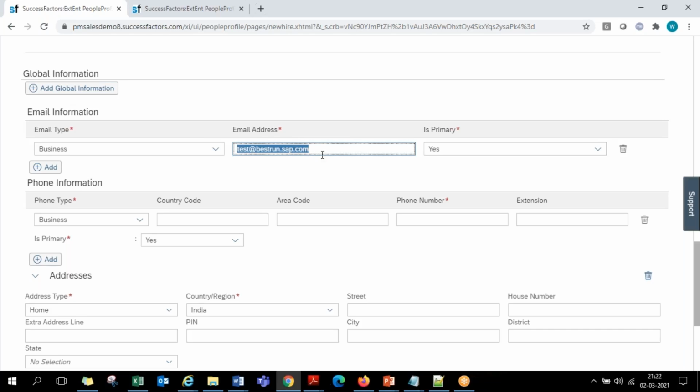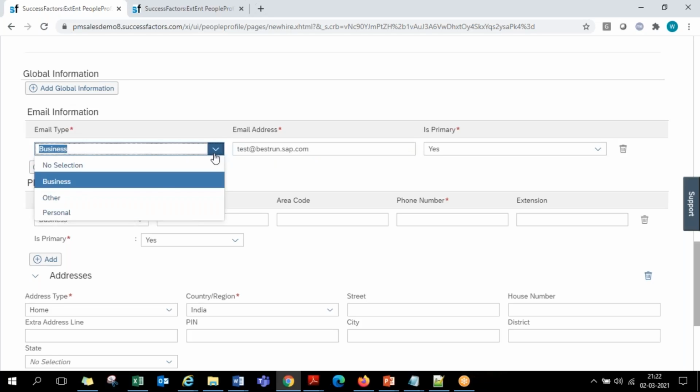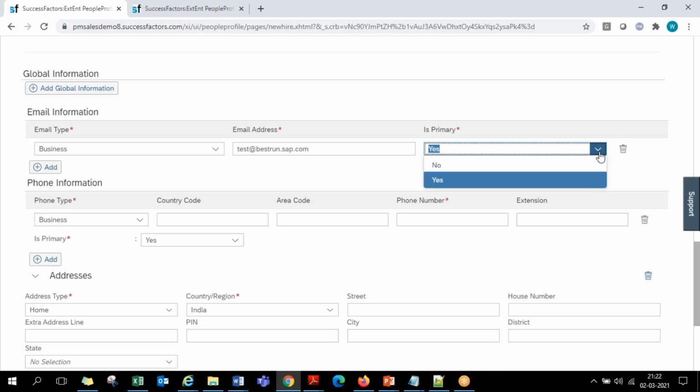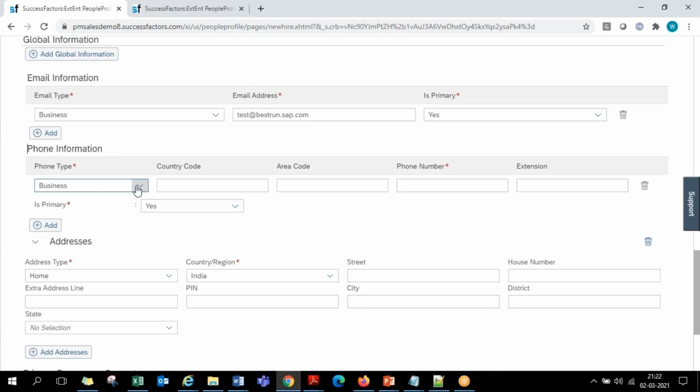So here if you want to maintain email IDs, multiple types of email IDs can be maintained, guys. Business email ID, personal email ID, or any other email IDs. Even here, if you're trying to maintain multiple records, only one should be primary. Minimum one and maximum one should be primary. Same applies to even the phone numbers. You can have different numbers: business number, employee cell number, home number, fax, all this. And even this list, if you want to enhance, if you want to remove other or fax as an option, or if you want to add one more as company provided mobile, like that, if you want to add anything, you can even add it also.